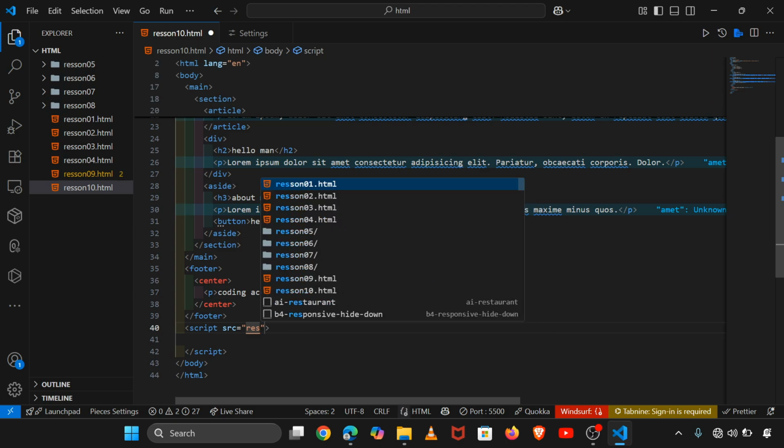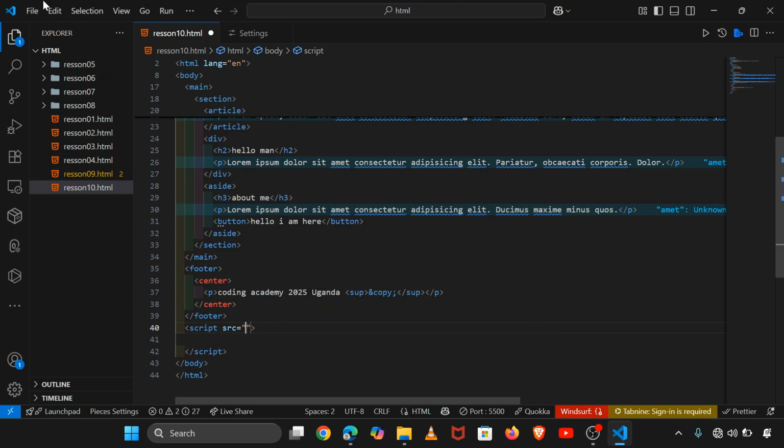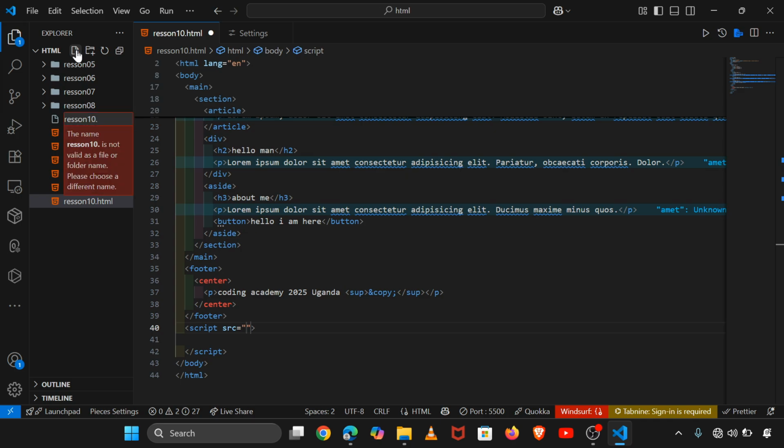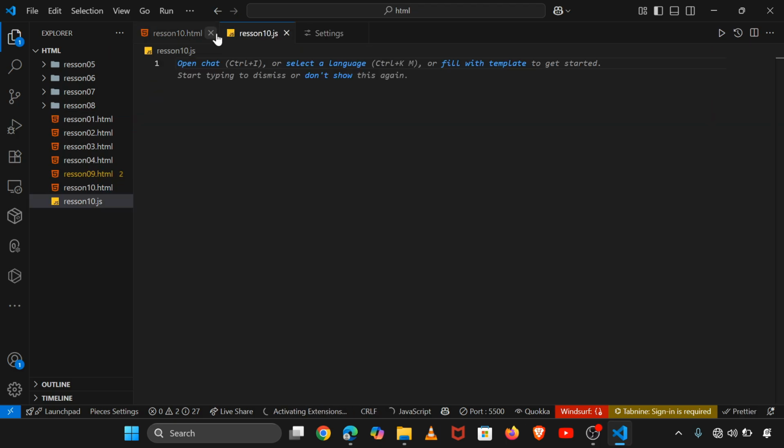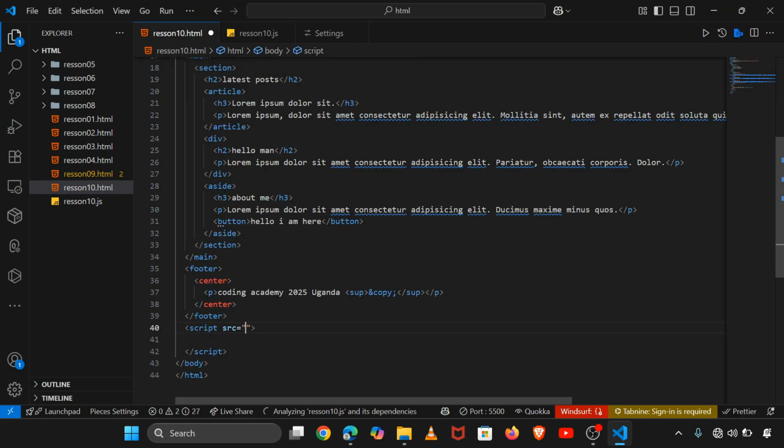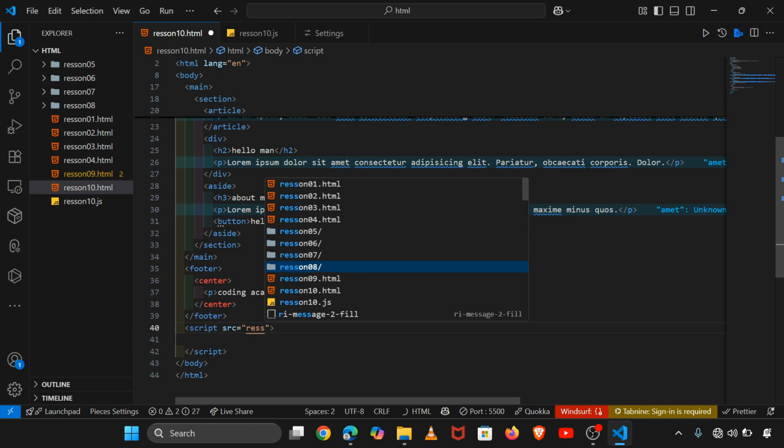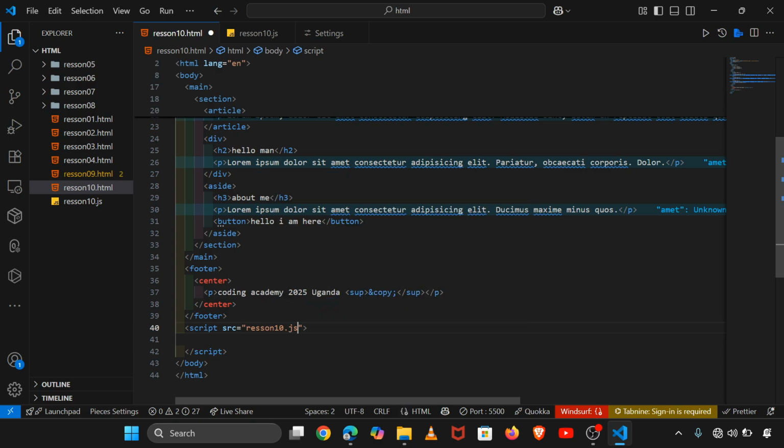We don't have a JavaScript file yet, so you can come here and create reason10.js like that. And if you want to connect that JavaScript with this, you come here and say reason 10